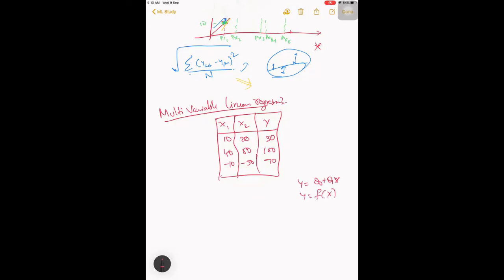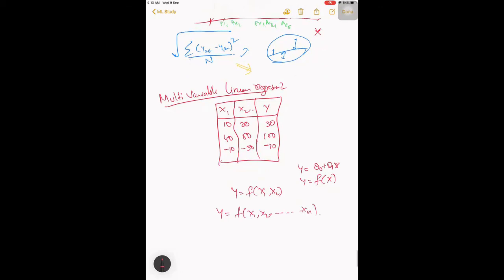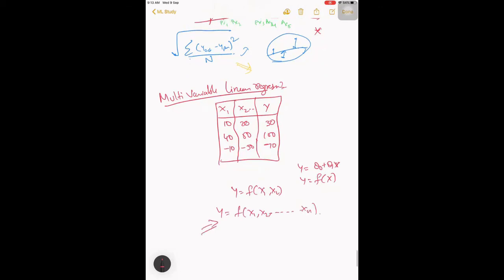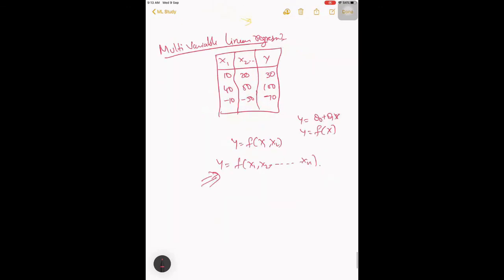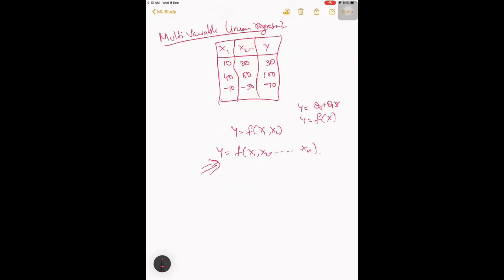Now you have y equal to f of x1, x2, and similarly multiple variables, not just two, it can be 10, 20, 100, some n variables: x1, x2, and so on to xn. How are you going to deal with it? That will be our discussion tomorrow.